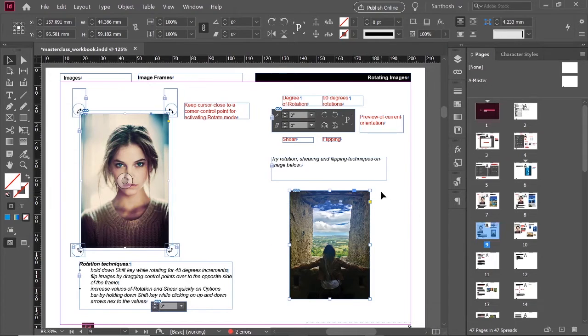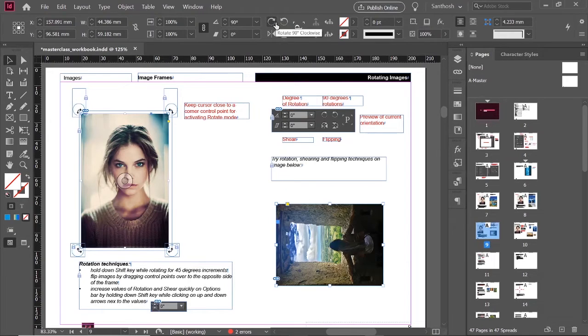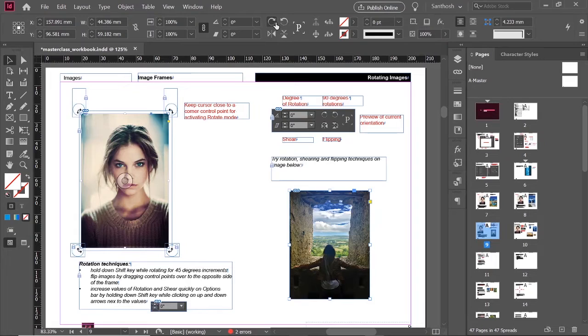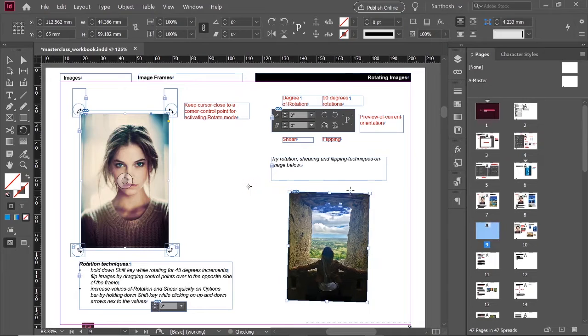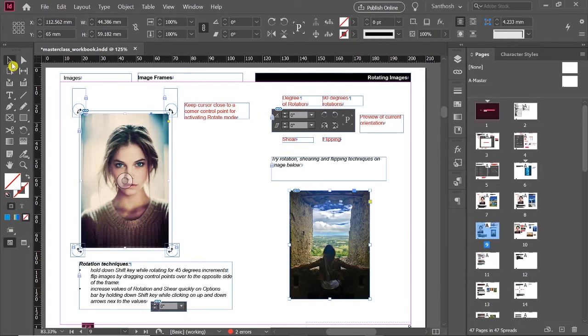Another easy way is to use this button here. You can rotate 90 degrees counterclockwise or 90 degrees clockwise, or else you can use the rotate tool. The shortcut is R. You can click somewhere here to make it a reference point, then click and hold, so you can rotate your image around that reference point. That will be useful if you are rotating it around a particular thing.